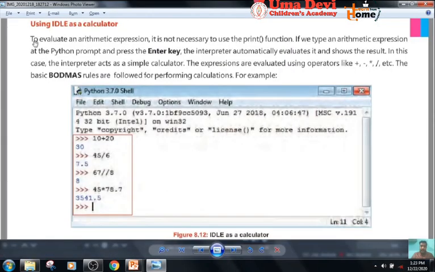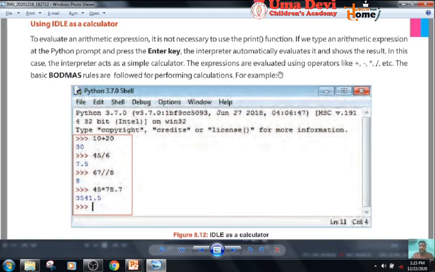So dear students, now we will learn about using IDLE as a calculator. To evaluate an arithmetic expression, it is not necessary to use the print function. If we type an arithmetic expression at the Python prompt and press the enter key, the interpreter automatically evaluates it and shows the result. In this case, the interpreter acts as a simple calculator.